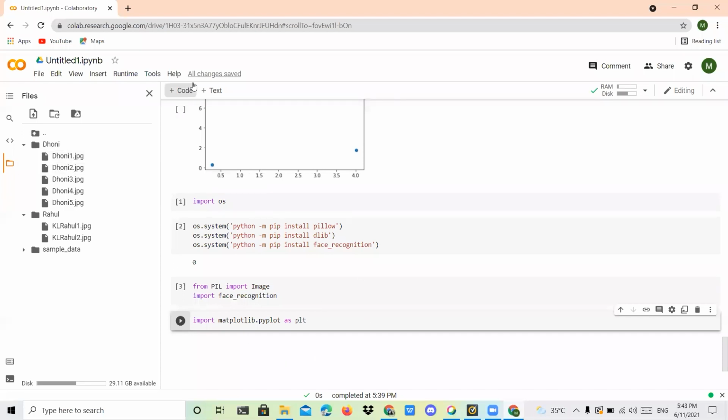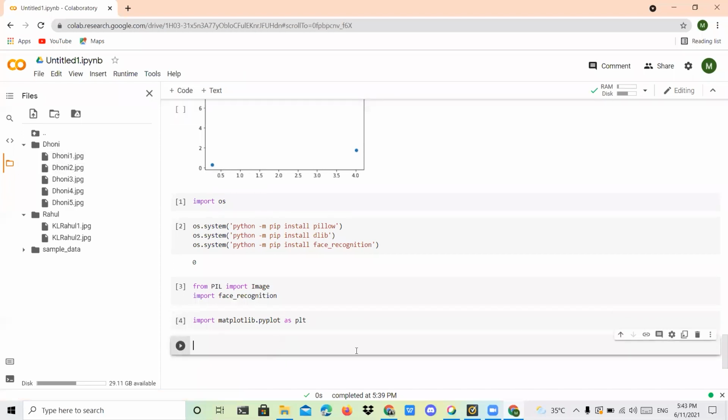Okay. The first thing is how to open your image. So I'm going to give one variable, image is equal to Image.open. This is already a predefined one. So you can use Image followed by the dot symbol, followed by open. Within that, you can give a single quote.